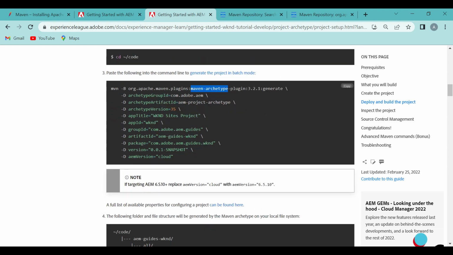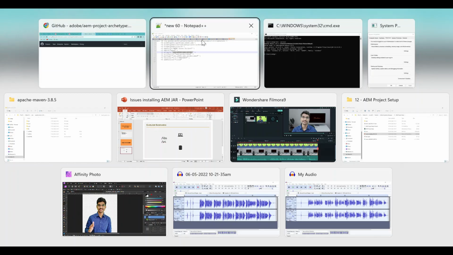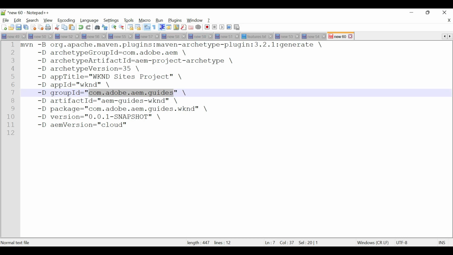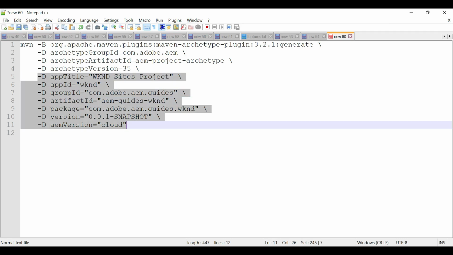Okay, so all the properties available, you can go here and find it out. These are all self-explanatory. If you are creating a new project, then you need to customize all these things. From here you need to customize all, both things will be same, but from here what should be